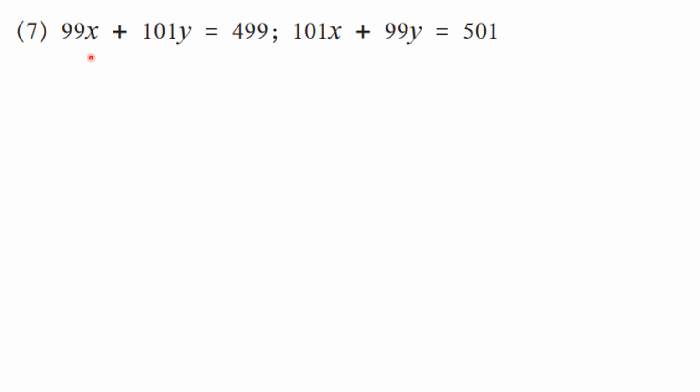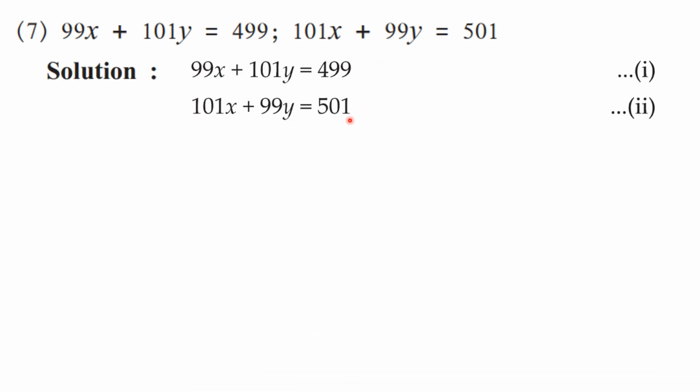Now see, the numbers are very big, so we cannot go for the elimination method, that means equating the coefficients, or the substitution method. So here we have to use the ASA method: add, subtract, add. The very first thing while solving is to observe the equations and check whether they are in standard form, that is ax plus by is equal to c. Here the equations are in standard form, so we have to number them as 1 and 2. This is the very first step.